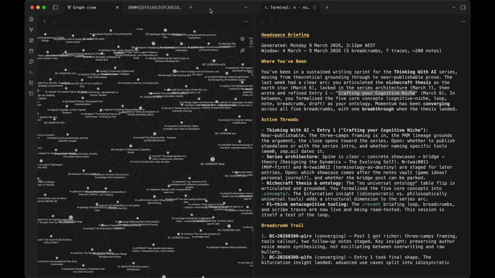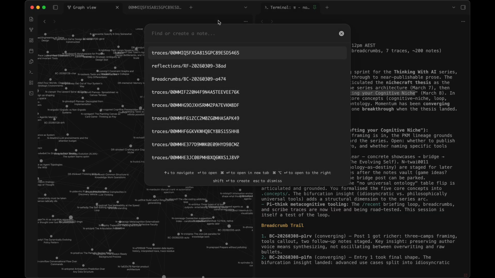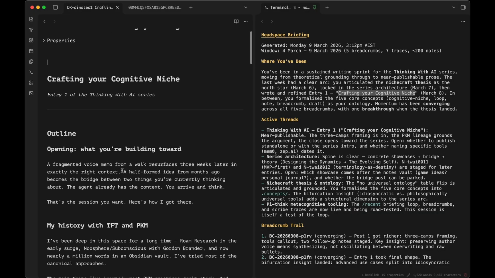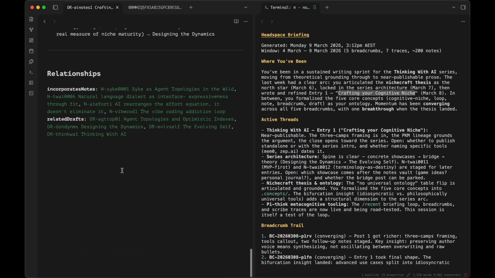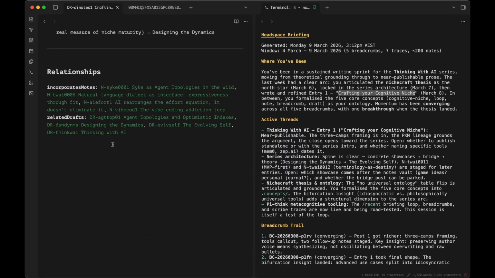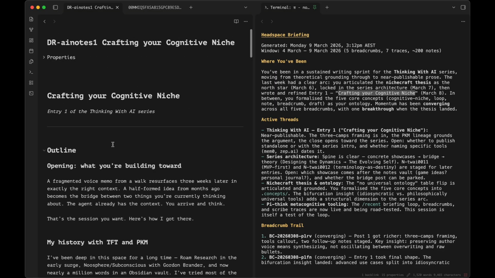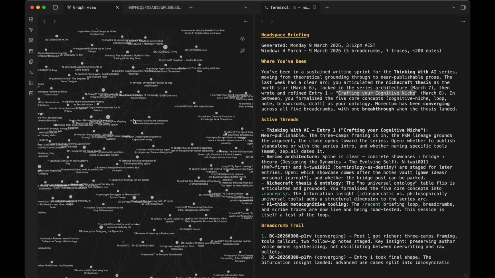And if I look in here, excuse me, can I hit this? Yeah, crafting. If I jump to this draft, this is a skeleton of what that post is going to look like ultimately in here with a bunch of links to the notes that I think are relevant. And the way that this works is that most of the vault is made up of, if I go back to the graph, atomic notes.